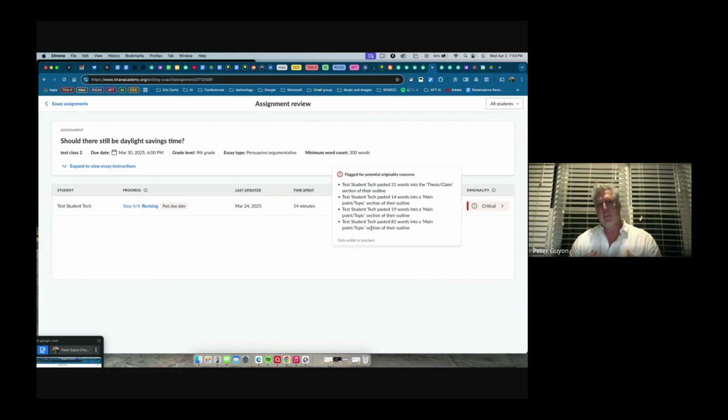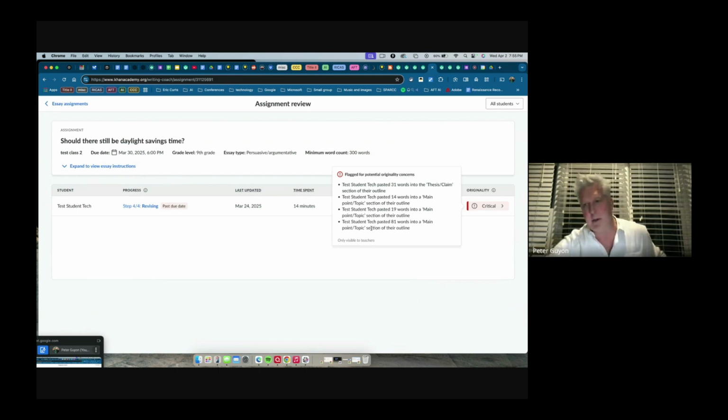So it's able to pick up what wasn't actually typed there. Does it mean that the student used AI to write it? I guess that's debatable, but if anything, it allows you as the teacher to have a conversation with the students about, hey, you pasted 81 words into the section.